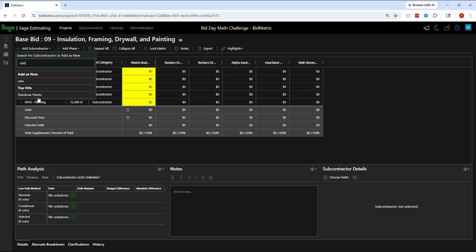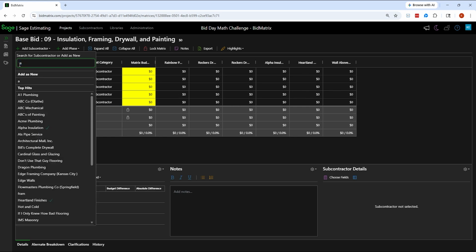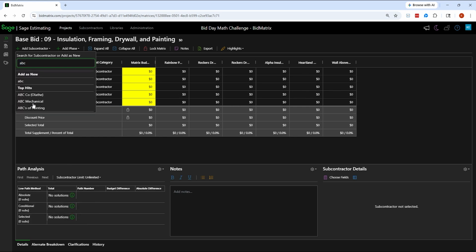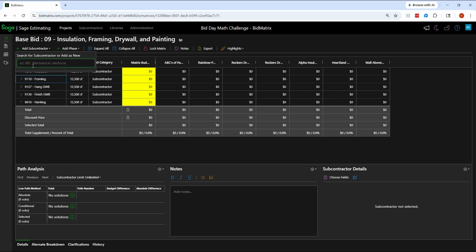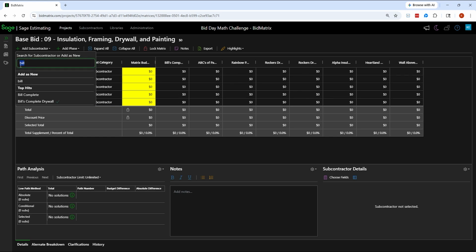Now, as I'm going through there, this is just looking through my current subcontractor list to show me the different companies that are in my address book. If I were to just type in a name and click on the name, it would also let me create a new one on the fly. There's a lot of times when people are receiving bids that I may not know who's bidding until the last minute. So pretty easy to add new ones as I need to.